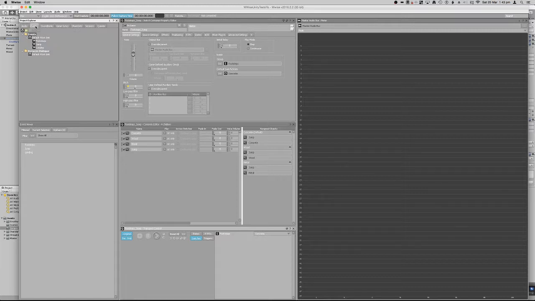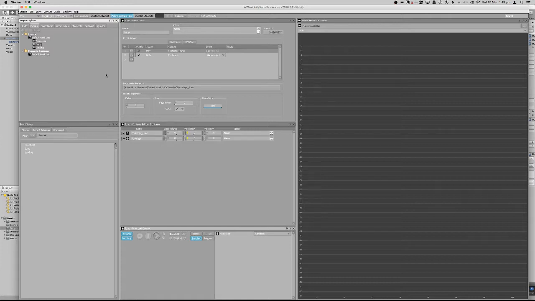He actually went to events and right clicked, create jump, create landing, and then on these events, so on the footsteps, you click and drag it onto here for the event,